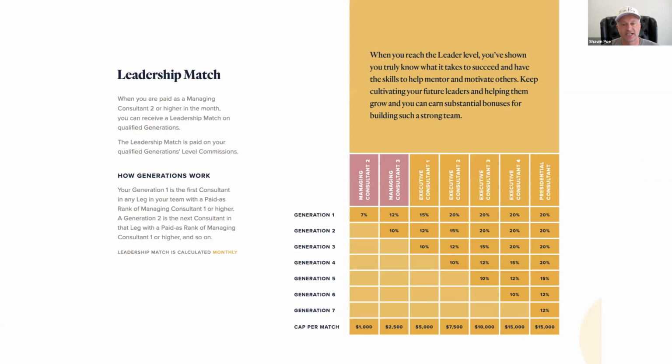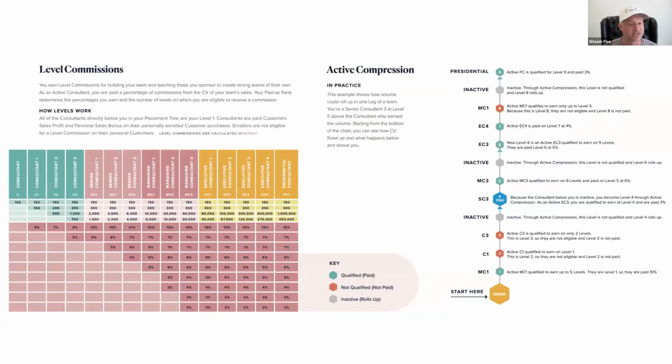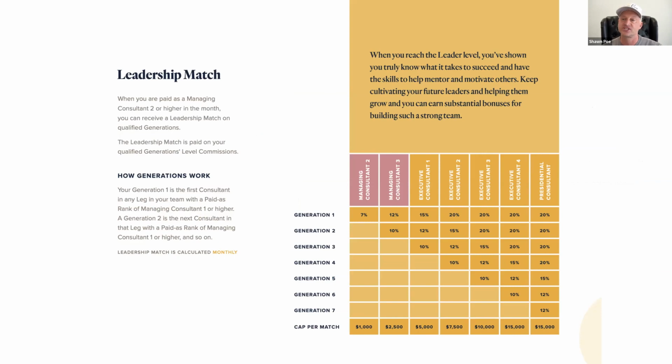Now, generations are looked at a little bit different. It could be that the generations match up to levels, but in reality, it really isn't going to work that way, because to be considered a generation, it's going to look for the first consultant in any leg on your team paid as managing consultant 1, so MC1 or higher. And again, if you're wanting to know what does it take to be an MC1, look at the grid. At MC1, it takes 10,000 in volume with 6,000 maxing out on a strong leg. So if they're a balanced MC1, they're going to start to allow you to get paid on the leadership match